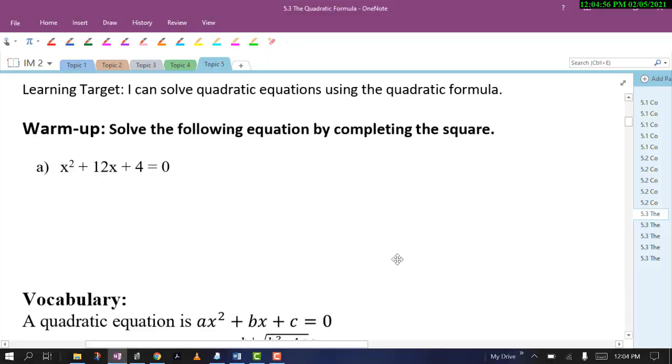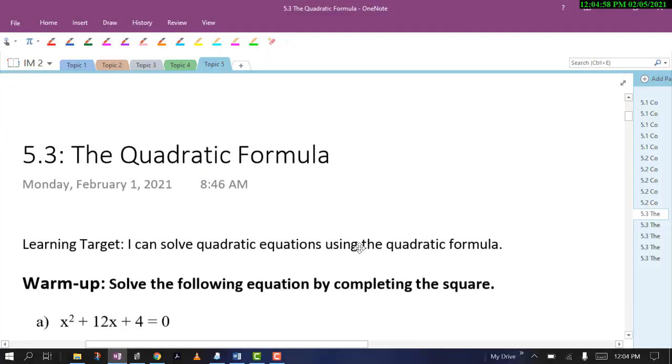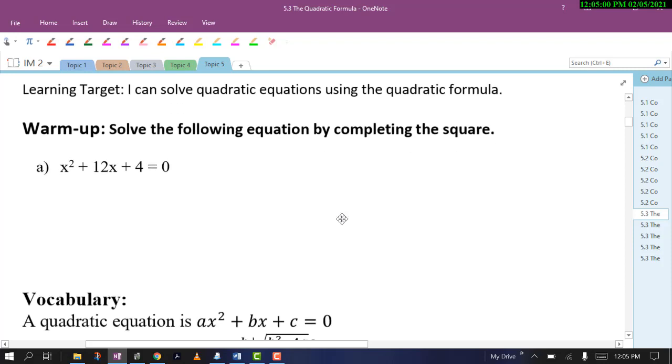Alright, so we're going to look at 5.3, the quadratic formula. But first, let's solve this warm-up by completing the square. So we got x squared plus 12x, then we're going to add something in here, equals, we're going to subtract 4 from both sides to get our constant to the other side, and then plus